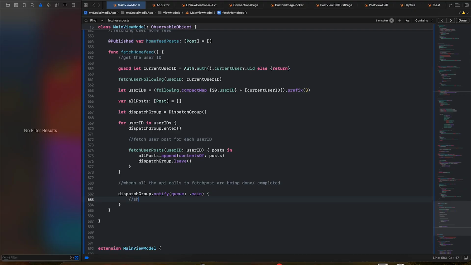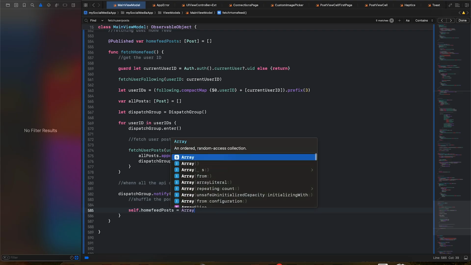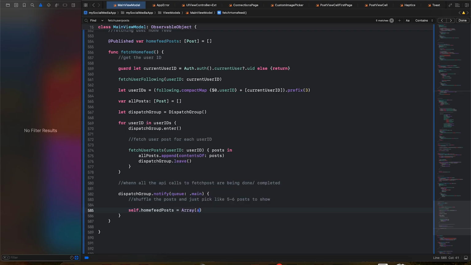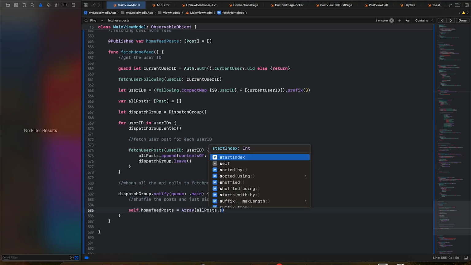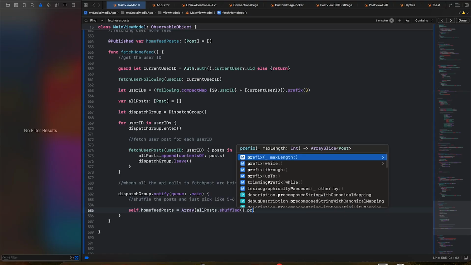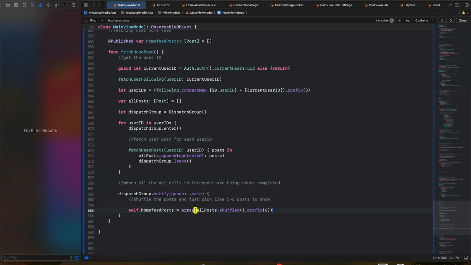Basically we will shuffle the posts, so that way we see random posts and not some in a perfect order, and just pick like 5-6 posts to show. So we can add 6 here. So this is there. What we would do is use self.homefeedPost equals, let's open an array, and inside here we'll use all post dot shuffled, and we can just take a prefix of like 6 elements from here, and then we can just print out that